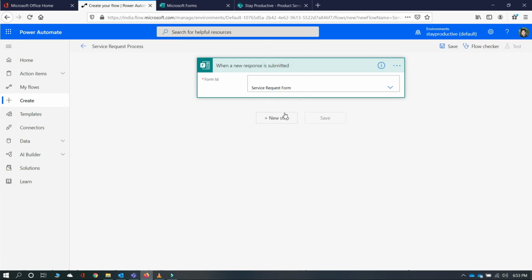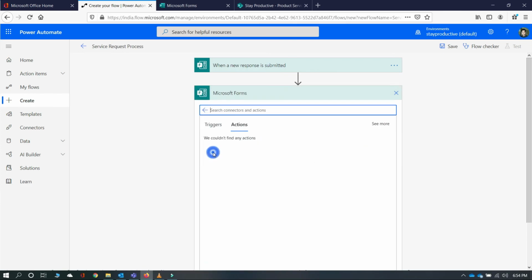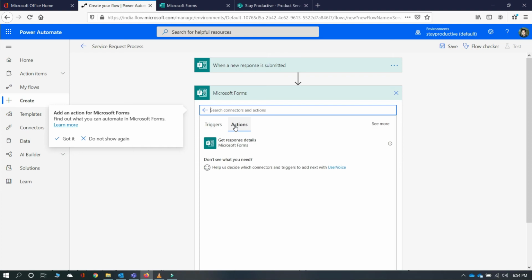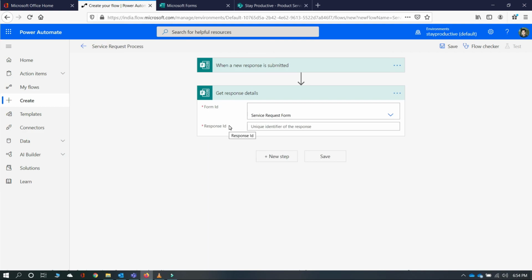And the next step is to get the form response into the flow. So I click new step and search Microsoft Forms. That will bring us the list of actions available under the Forms connector. I click that, and in this case, we have only one action, which is get response details. Once I select it, it will ask us to choose a form ID again, which is the same we chose in the first step. And also the unique response ID, which will be dynamic every time a new response